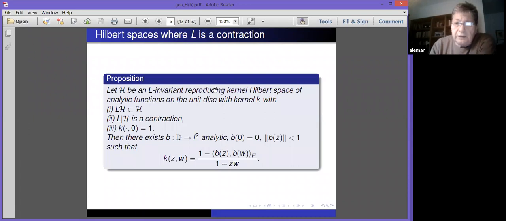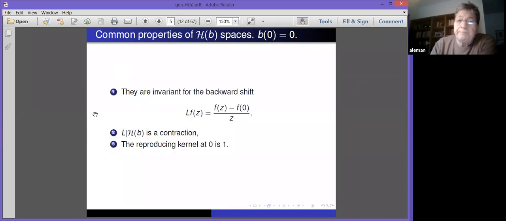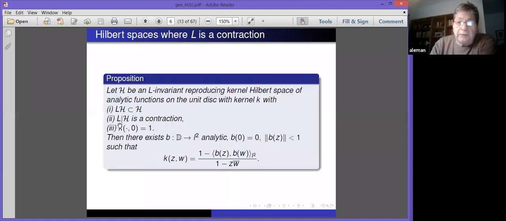So if you have any reproducing kernel Hilbert space of analytic functions in the unit disk, such that the backward shift is contractive, the kernel at 0 is constant, I mean 1, so they normalize at 0, then the kernel will have this form, but now B is analytic and bounded. It's just that its values are sequences, L2